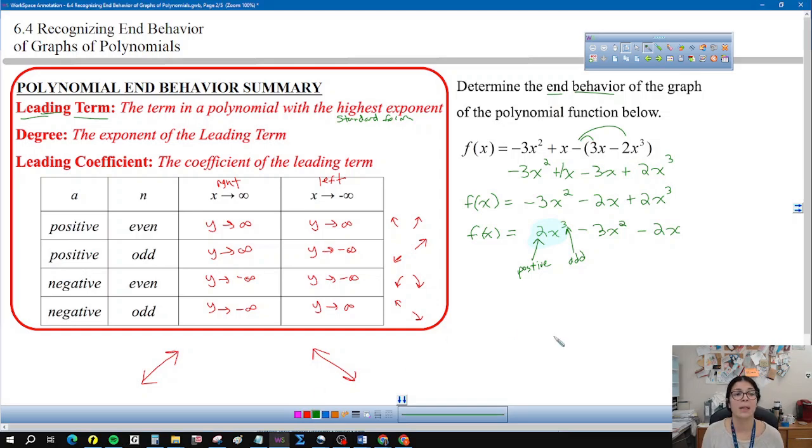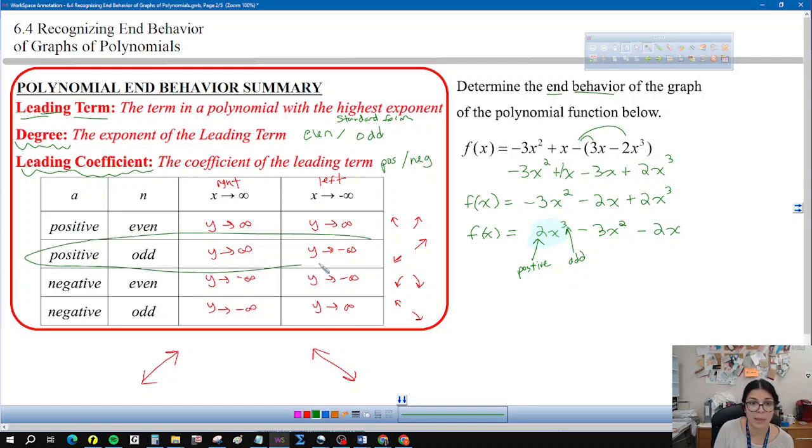And one of those things is that we use the degree to determine even or odd. And we use the leading coefficient, which is the coefficient in front of that term that you just found the degree from, to determine if it's positive or negative. Okay? Do not mix them up. Don't look here and say, oh, that's even. You look at the power. The power, the degree, tells us even or odd, and then the coefficient in front tells us positive or negative. So since this is odd and positive,